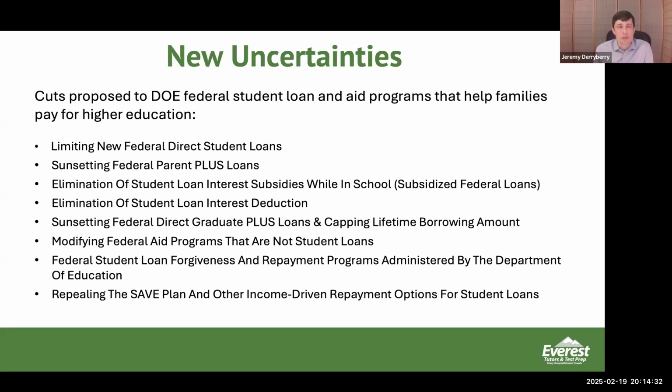And there are several other ancillary programs like forgiveness programs and things like that that they're looking at removing or taking away. As I said, none of that has actually been put into legislation, but SIA, having looked at some of the drafts that have been passed around in prior years and looking at some of the statements that have been made in the past few months, it's something that we're obviously watching closely. And as a parent of a child in college, I can certainly feel the tension that this is causing, not just in people I know, but in schools themselves.